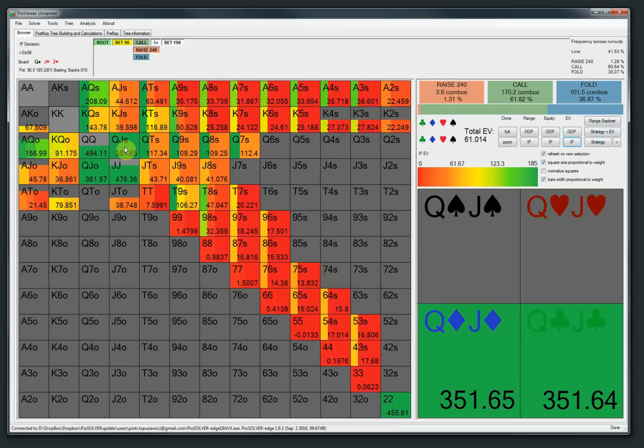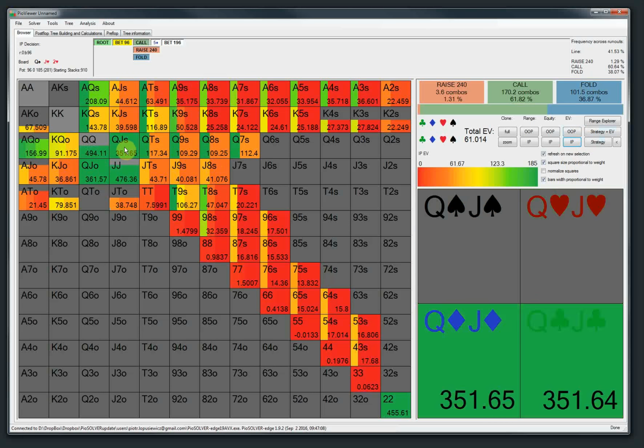I suspect that most people wouldn't fold 10-10 without a heart on this board. Yeah, but okay. So this is very interesting to look at. We can go to some sample river, for example. After second barrel, we can go to the river. And then we make a third barrel here, and we want to see what the folding range is on the